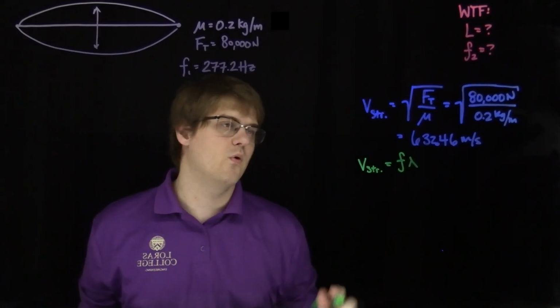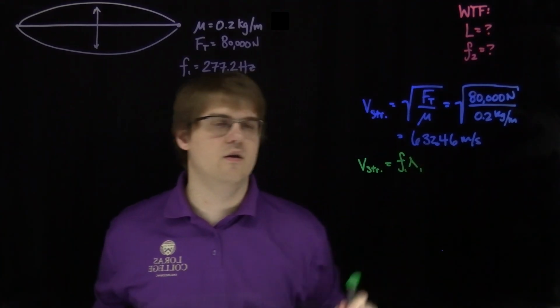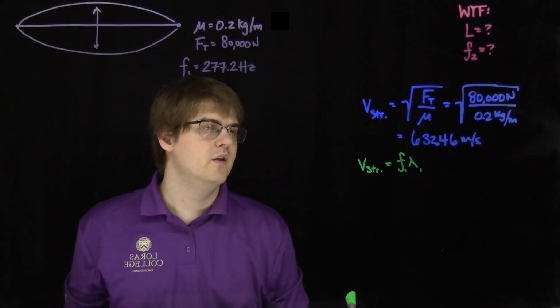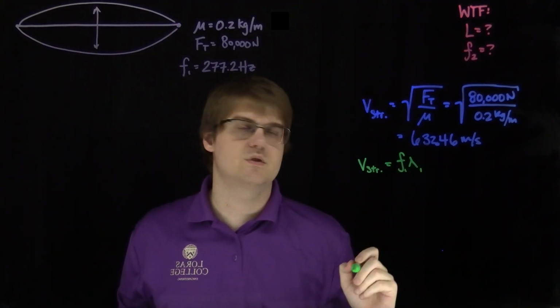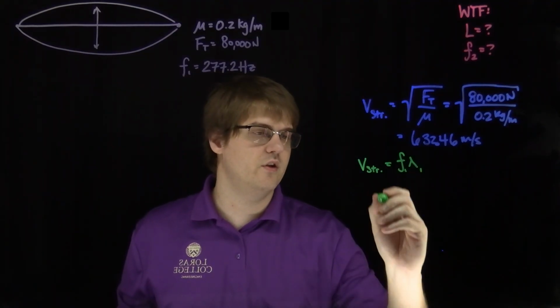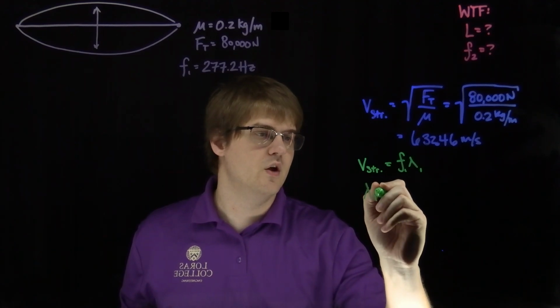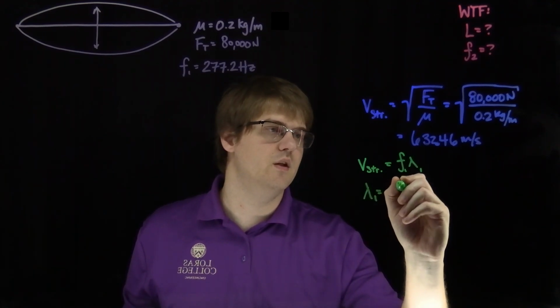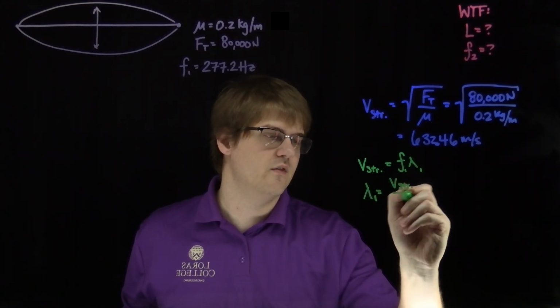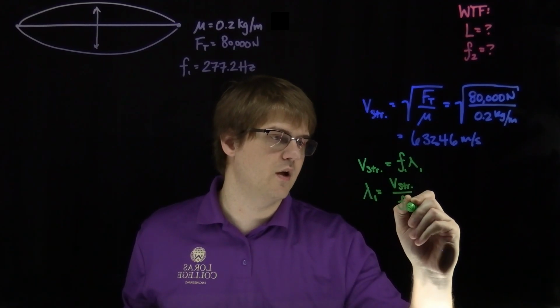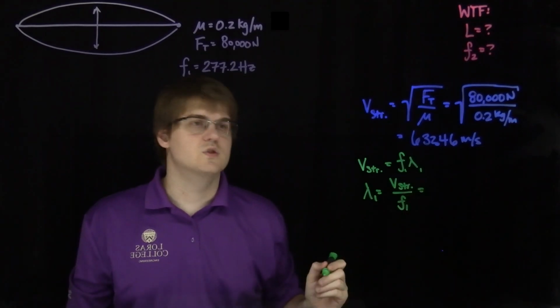So our frequency for our first harmonic times our wavelength is going to be equal to our velocity, so our wavelength for our first harmonic is going to be equal to our velocity along the string divided by the frequency of our first harmonic,